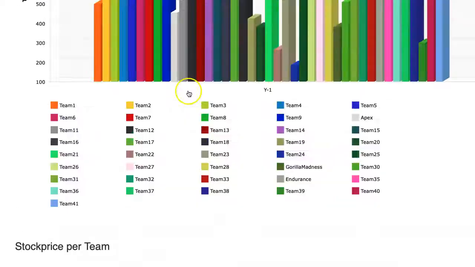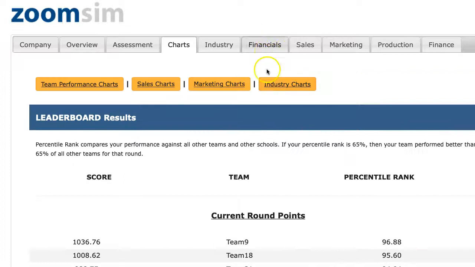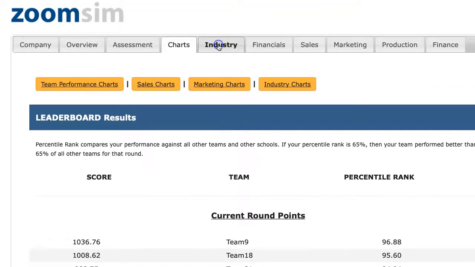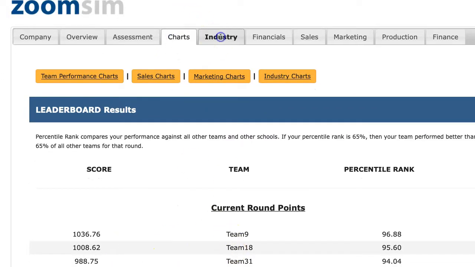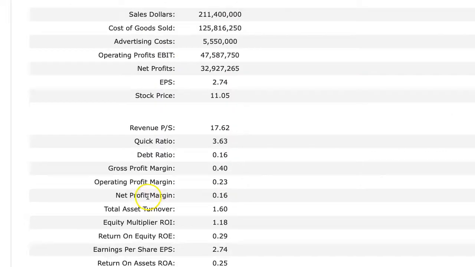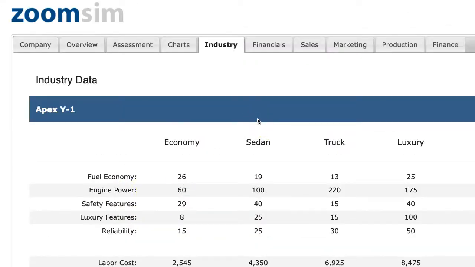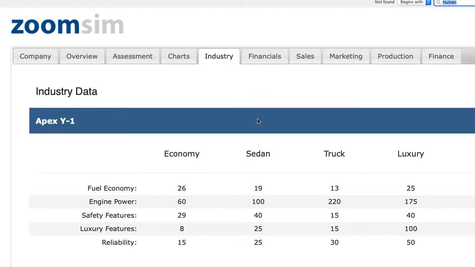Okay, so let's go back up. Those are how you can review the round and see how things are going with these charts. Then you can go into the industry. So if Team 9 and 18 did so well, go into the industry, find Team 9 and Team 18, and you can do a search, Control F, and just put in